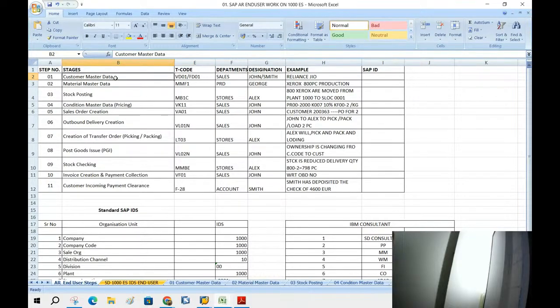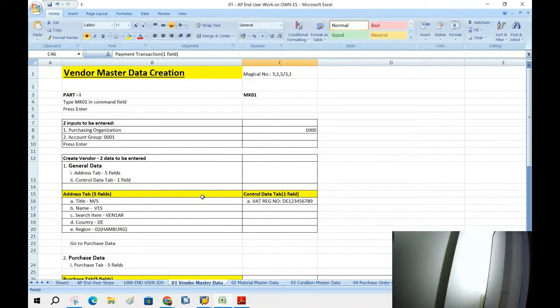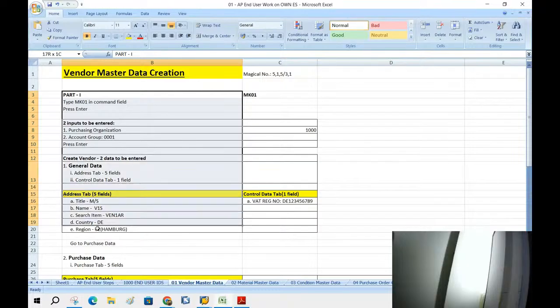Step 1 was creation of customer master data. The customer was identified by the sales executive. So we had VD01. He entered the sales information regarding the customer and passed it on to the accountant, who entered the accounting information regarding the customer in FD01. Similarly, vendor master data is the baby of two departments, purchase department and accounts department. So now you have got two options. Now either you can use data entry like this